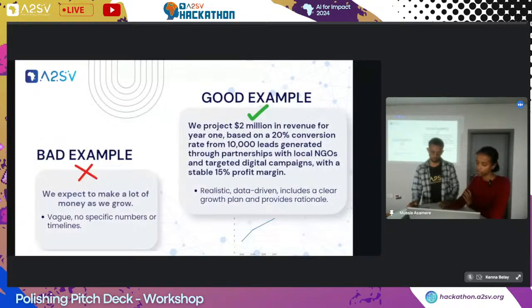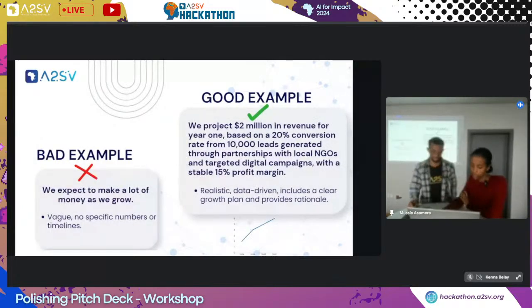So let's look at the examples. Let's start with the bad example. Here we expect to make a lot of money as we grow. This is a really bad example. It's vague. It doesn't have any specific numbers or timelines of how we expect to reach those projections. In the good example, we project 2 million in revenue for year one, based on a 20% conversion rate from 10,000 leads generated through partnerships with local NGOs and targeted digital campaigns, with a stable 15%